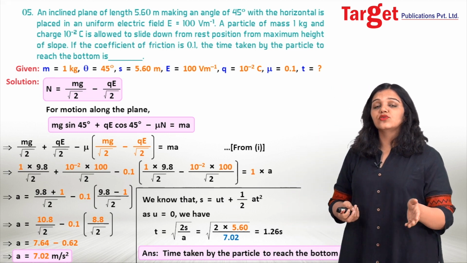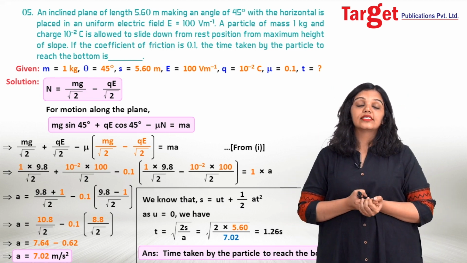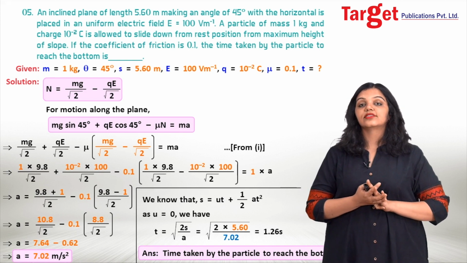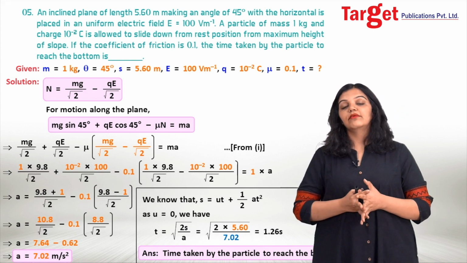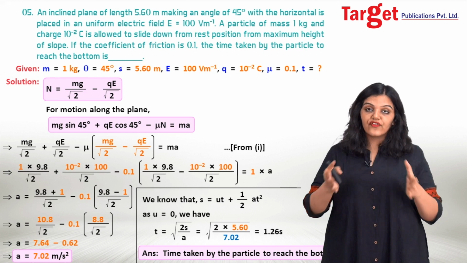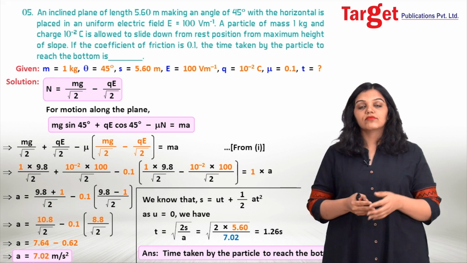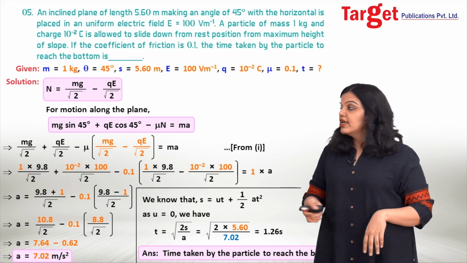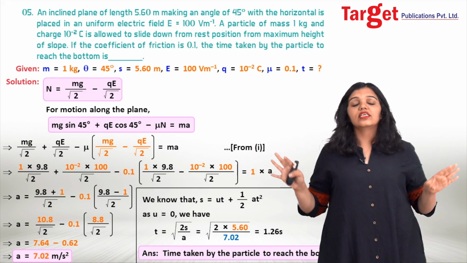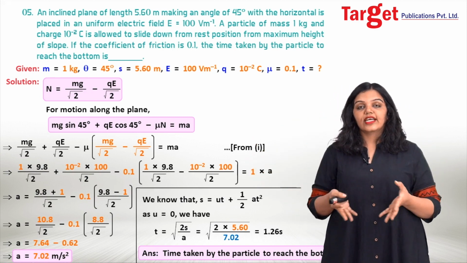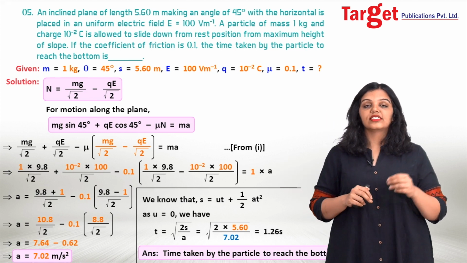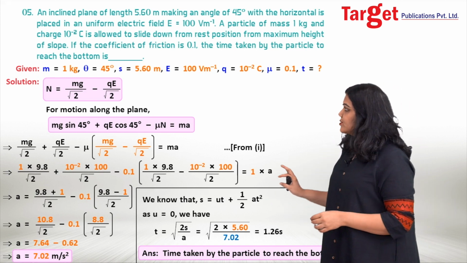I hope you have understood that sometimes even if complicated concepts get added to your mechanical situation, it does not necessarily mean that the sum will be difficult to solve. It's almost like any other sum, you just have to add an additional step. For example, here we removed the entire element of electric field by just adding an extra force, that was QE. So I hope you understood this sum.